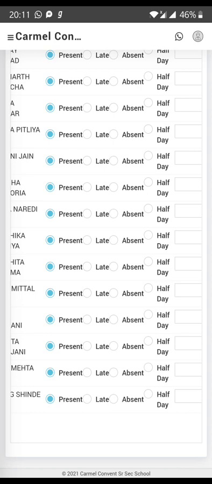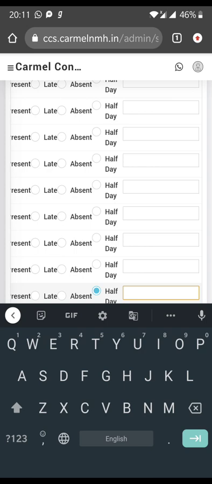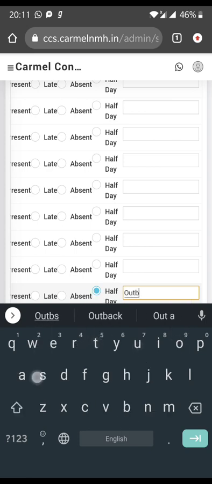So for those who are asking for leave, you can select half day, because this girl already took leave on 23rd of June. So I am selecting half day, and I can write whatever reason here, such as outside, not well, whatever reason the student has given us, you have to write here.